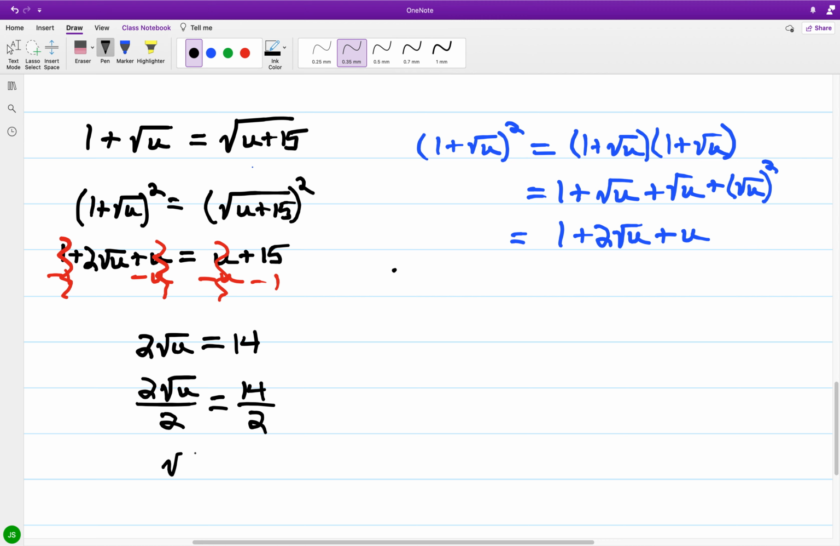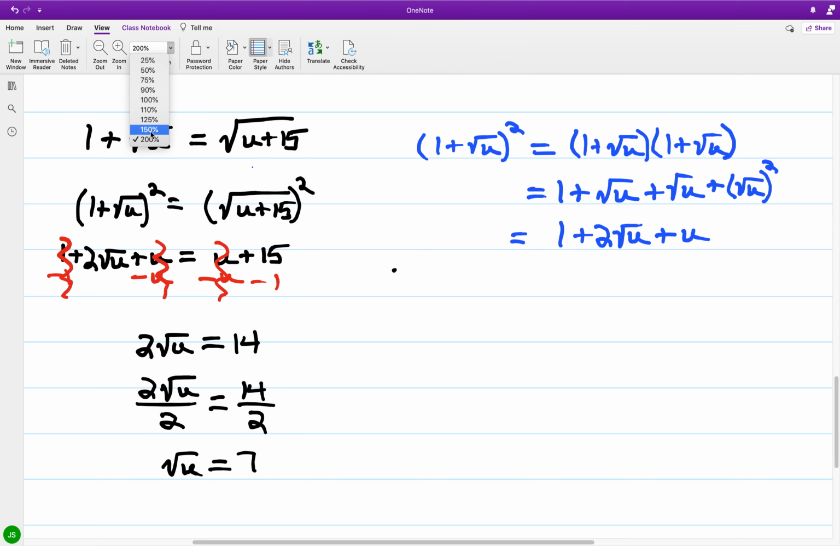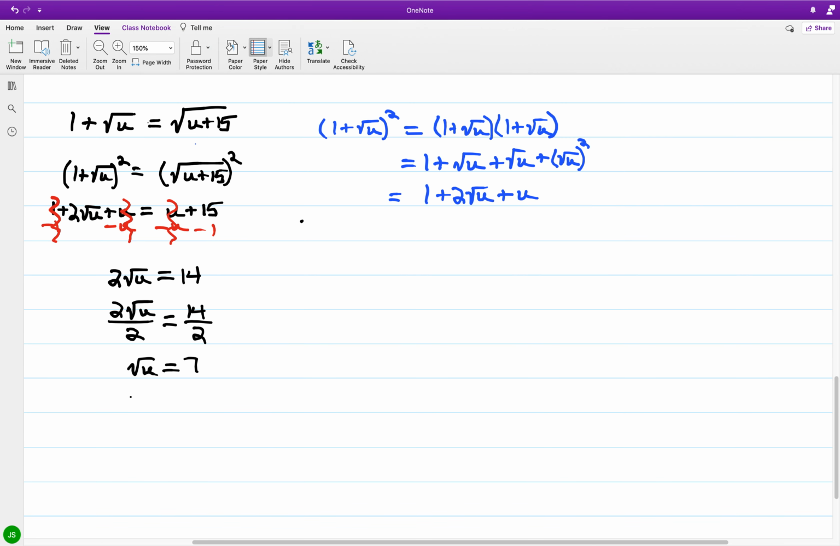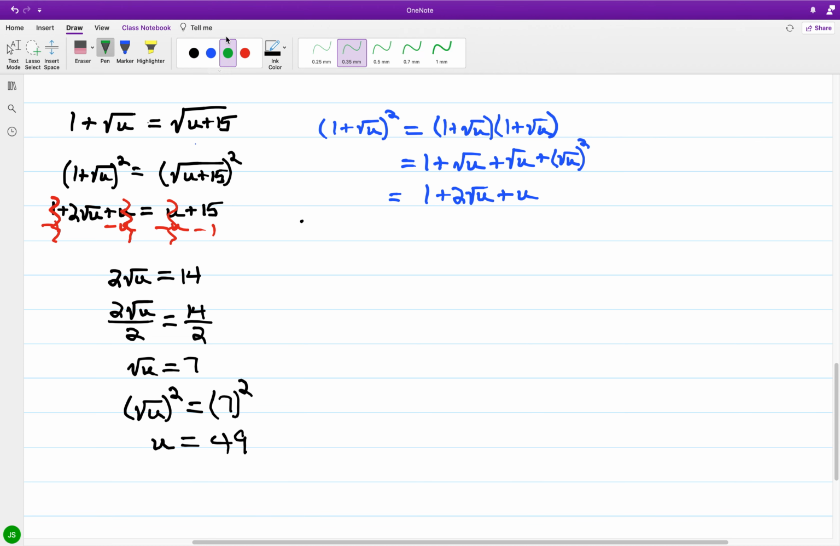So we come down to the square root of u is equal to 7, and upon squaring both sides, the square root of u squared becomes u. 7 squared is 49, and this is our only apparent solution. And if we check what we have with 49,